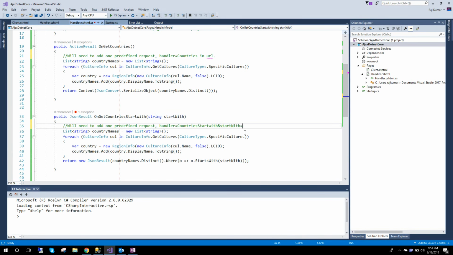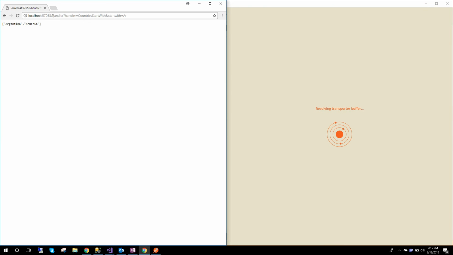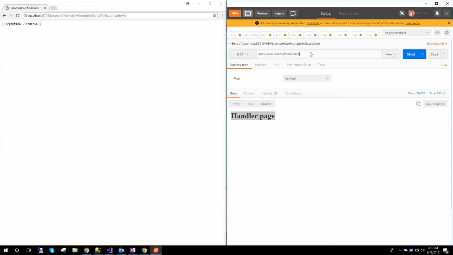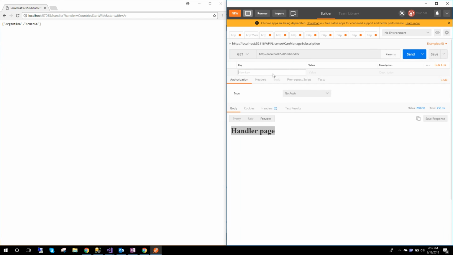And for the second one, we have one parameter, startswith. This time we are going to play with Postman, and for this purpose I just opened Postman. Now we have successfully created the country startswith and country get methods inside the Razor models. And now, as you can see, for the handlers we have a handler,